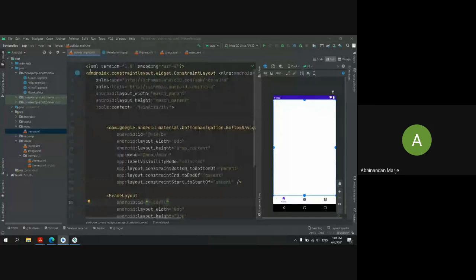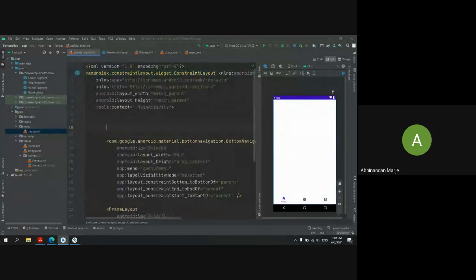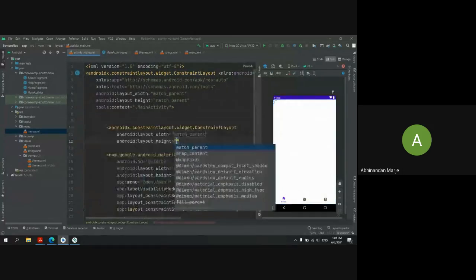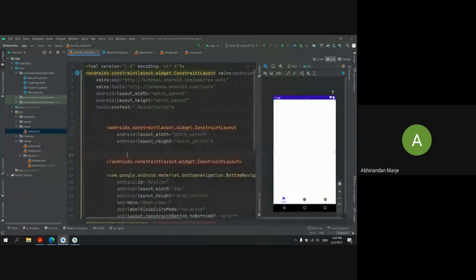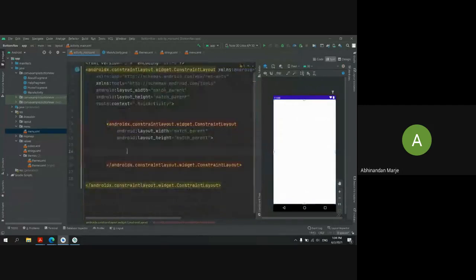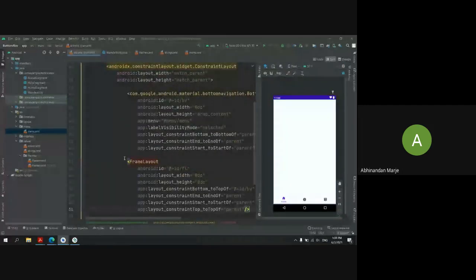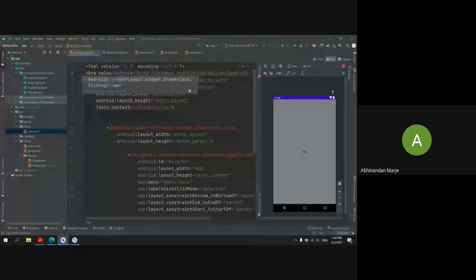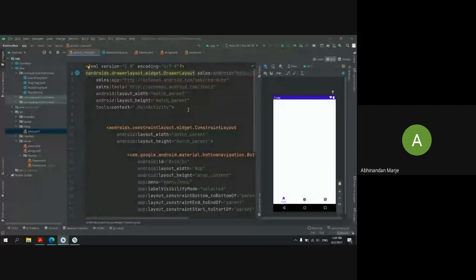So what I will do, I will create a new constraint layout here, with match parent and match parent. And in this constraint layout, I will copy this bottom navigation. Now my bottom navigation is in my constraint view, and I will change this default constraint layout to drawer layout.